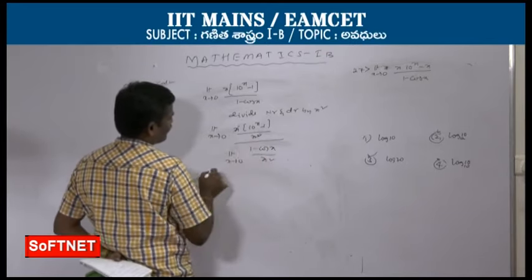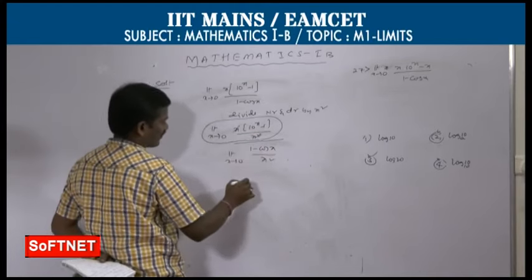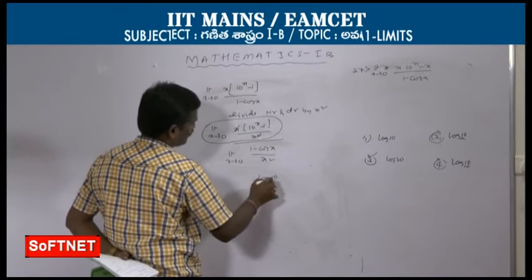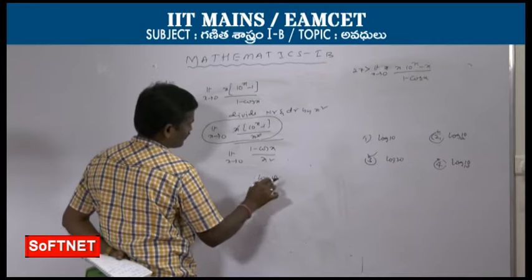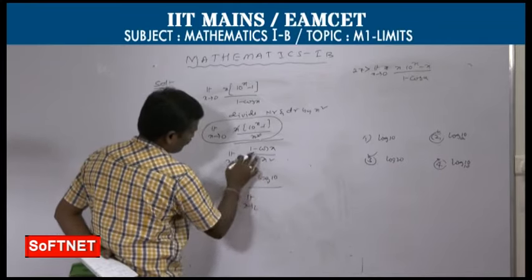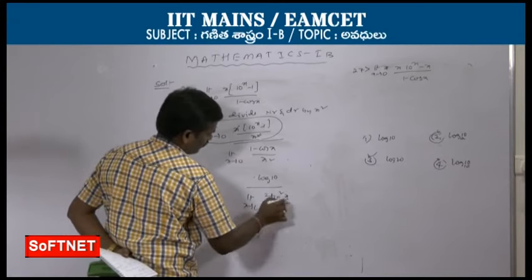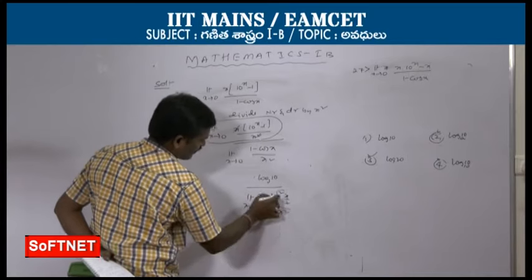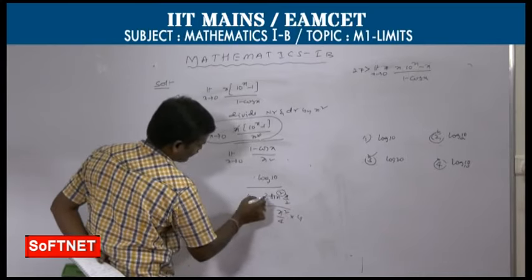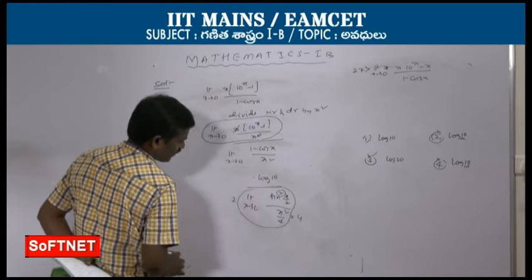Here one x cancels, numerator direct standard formula, a power x minus 1 by x, answer is what? log a to the base e. So log 10 to the base e, whatever it is, by, here limit x tends to 0, 1 minus cos x can be written as 2 sin square x by 2 by x square we have. So here square terms we have, so here 4 multiply and divide. So here it is nothing but what? This part is standard limit. So into 2. So 2 right outside.